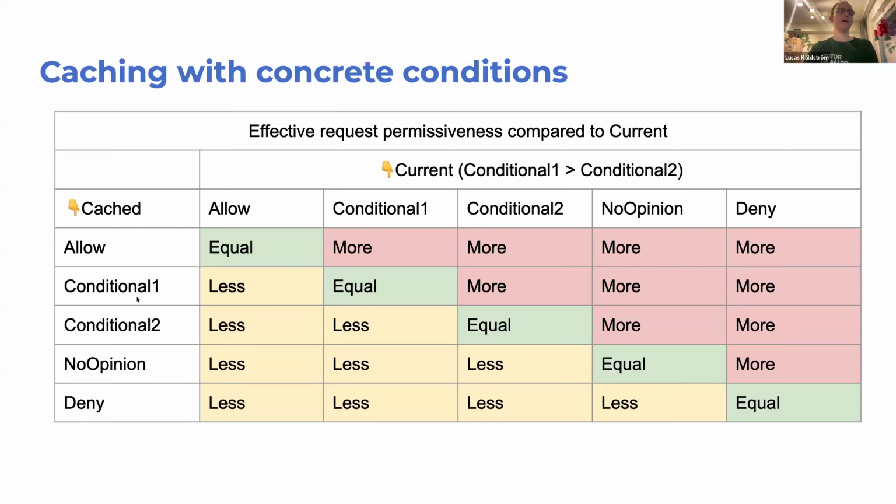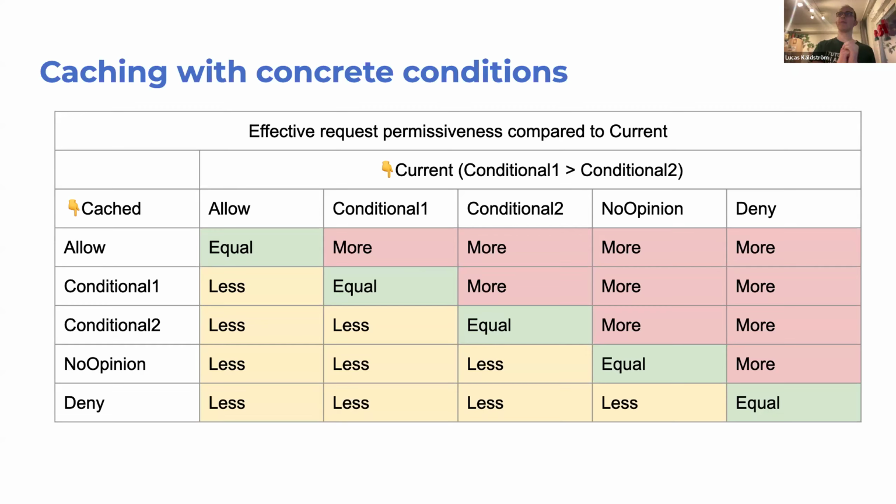If you cached the conditional, but your most recent policy version would be an allow, then it would be less permissive. But at least this is symmetric. So this is what we have today, and the conditional here is just showing that they fit in with this proposal. But then if you had an authorizer which didn't do this, as Mo was thinking, for example, they didn't do this kind of